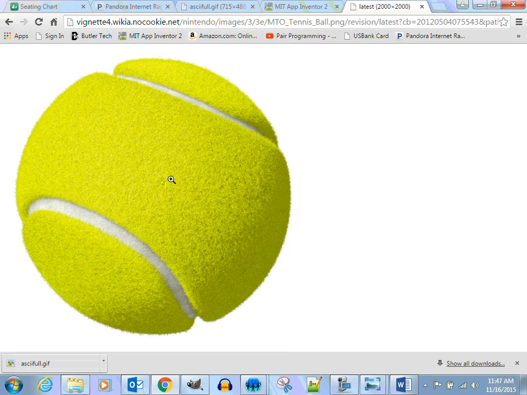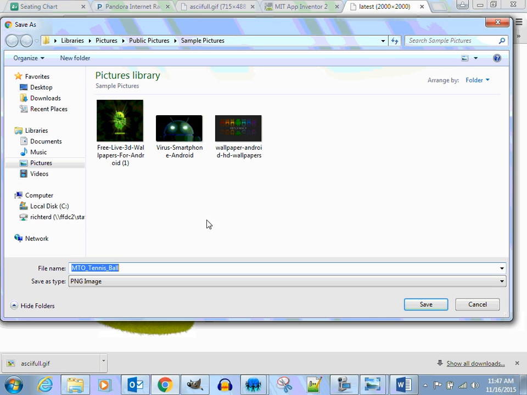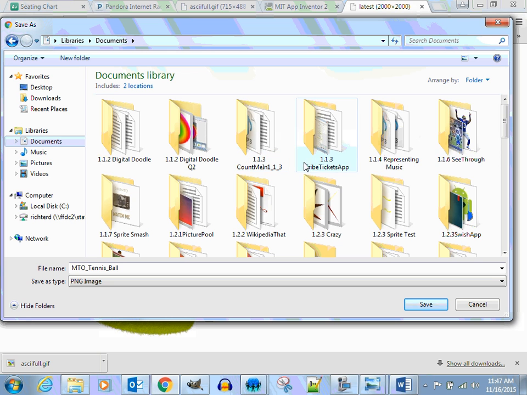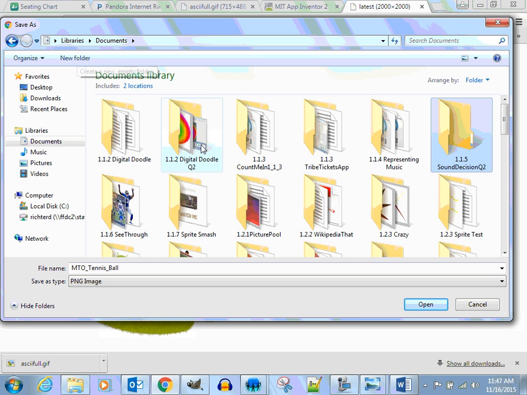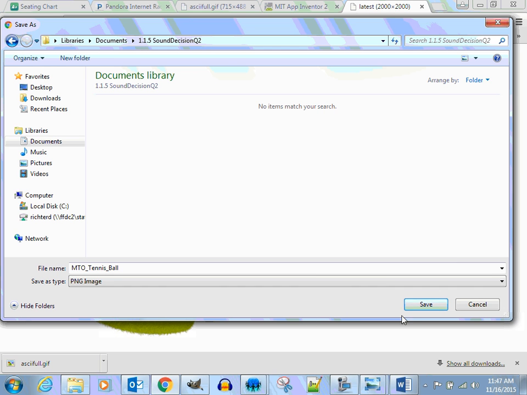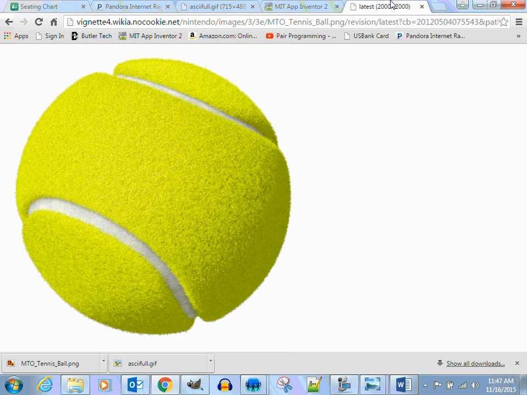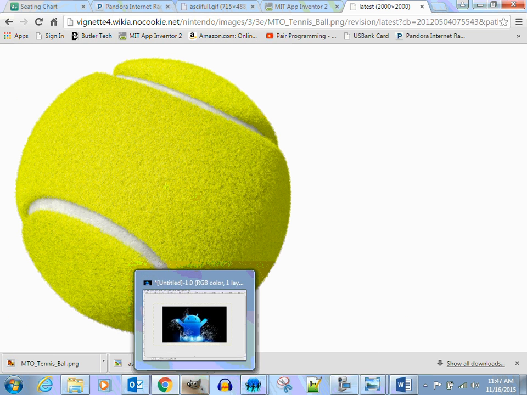You go to view image, and you can save this image into your documents. And I'll save this as, actually we need a new folder. This is called 1.1.5. Make sure you're saving your stuff in folders. SoundDecision. And I'll put Q2 in there. And then I go ahead and drop my tennis ball in there. And now when I go back into my app,